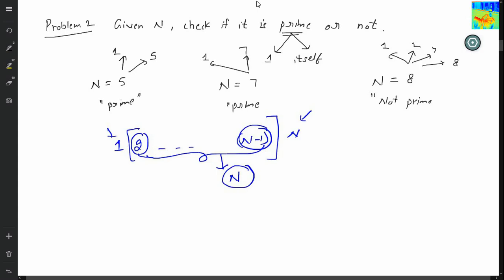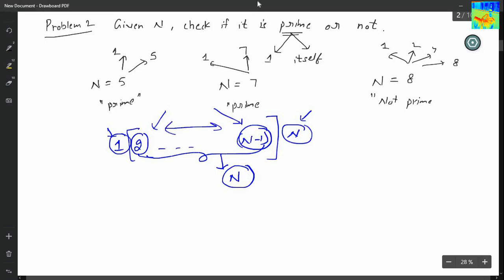Okay, one more time. We have to find whether the number is prime or not. 1 and n are going to be the factors. What is my approach? Starting from 2 to n minus 1, I have to find just a single number that divides n. If I find just one single number that divides n, then my work is over and the number is not prime. And if I am not able to find any number from 2 to n minus 1, that means the number is prime.